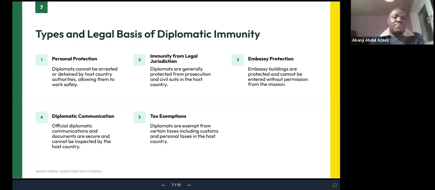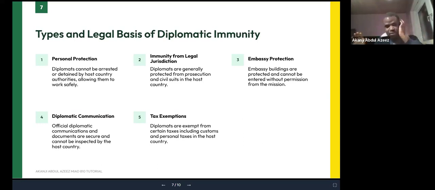Let's continue. So, embassy protection, in essence, we are talking about the protection of the embassy building. That is, embassies and diplomatic missions are protected by international law. I give an example now. Somebody commits a crime and is running, and they are running after him, and the person rushes to enter one embassy. The police that are running after them don't have any right to enter the embassy to go and catch that person